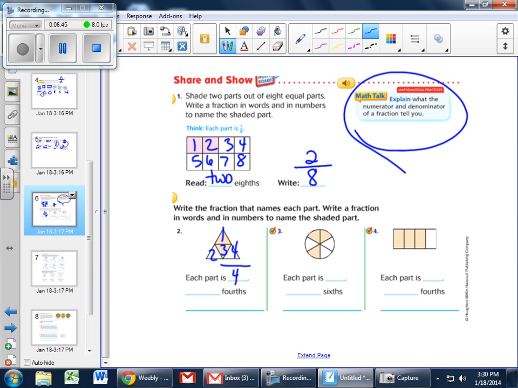Oh, it wants each part. Each part is 1/4. How many of those fourths are shaded? It's 2/4. So you write that 2 out of 4. That was kind of worded funny in the beginning. So it wants to know the unit fraction also. So you can do the unit fraction, the fraction that is colored, and then